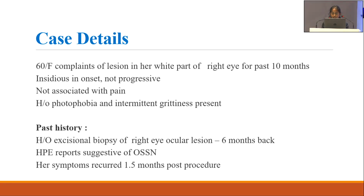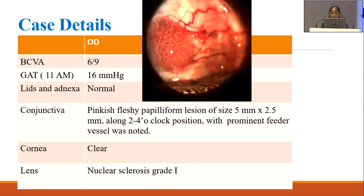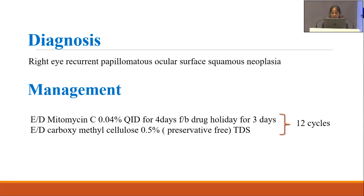One month after her excision, she recurred with similar symptoms, and the presenting visual acuity was 6/9. The conjunctiva showed a pinkish fleshy papilliform lesion of size 5 cross 2.5 mm along the 2 to 4 o'clock position with a prominent feeder vessel. The ASOCT showed a hyperreflective epithelium with posterior shadowing and abrupt transition of the epithelium, and a diagnosis of right eye recurrent papillomatous ocular surface squamous neoplasia was made, and she was started on eye drop